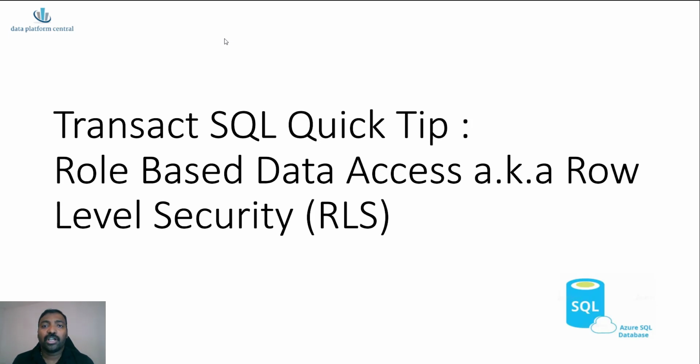In this edition, we are going to look into again a Transact SQL tip. This is a follow-up from one of our earlier videos which explained how we can implement role-based data masking. Here we are going one step ahead and trying to see how we can implement row level access within a table based on roles. This feature is known as row level security or RLS and is available in Azure SQL Database, SQL Server and